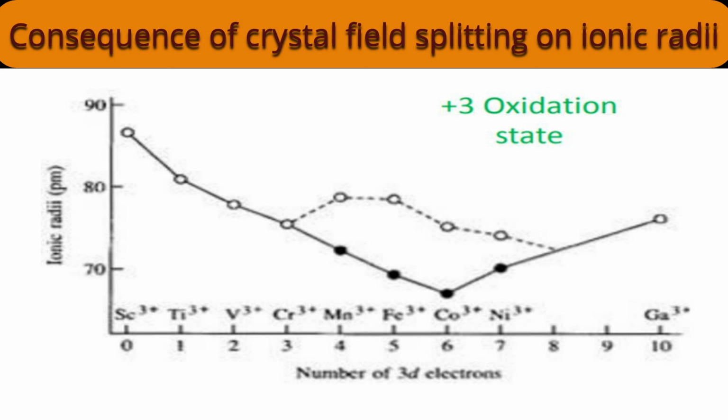Now cobalt plus 3, D6 system, maximum possibility of electrons in the T2g orbital. After all, if an electron enters, it will be in the Eg orbital. Overall, the lowest ionic radii we are finding for the low spin case. After cobalt plus 3, Ni plus 3, where entry of electron will be in the Eg orbital, T2g6 Eg1, it's a D7 electronic configuration. Size will increase. And for D8, low spin and high spin cases are the same. But I said already, copper plus 3 is not going to exist. Then D9 is not going to exist. Therefore, I consider gallium plus 3, which is going to exist, and I already discussed that point.